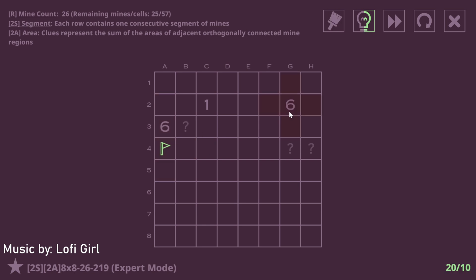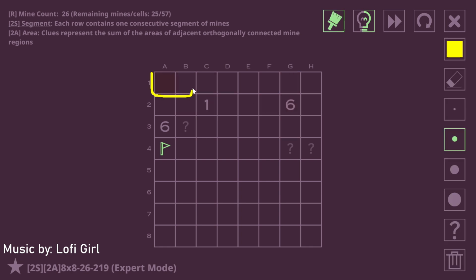How about this 6? Maybe it works on this one as well, we just never realized. But we did... Oh, is this always empty? That's not true. In this case, the 6 must come down here, which has an area of at most 2, but it's also entirely possible that... Oh, wait a minute. In this case,